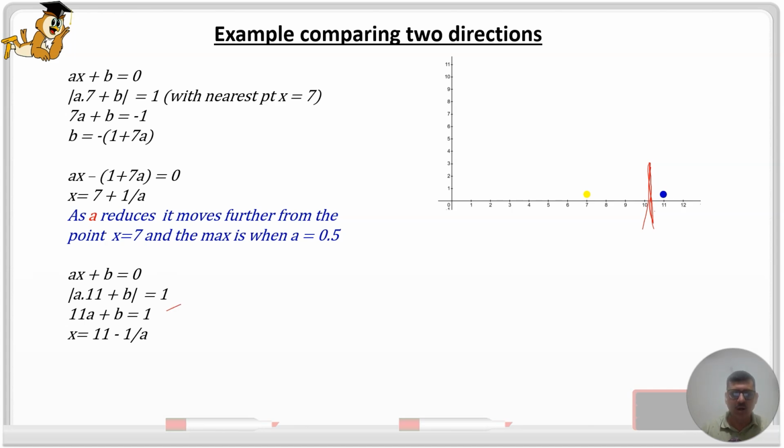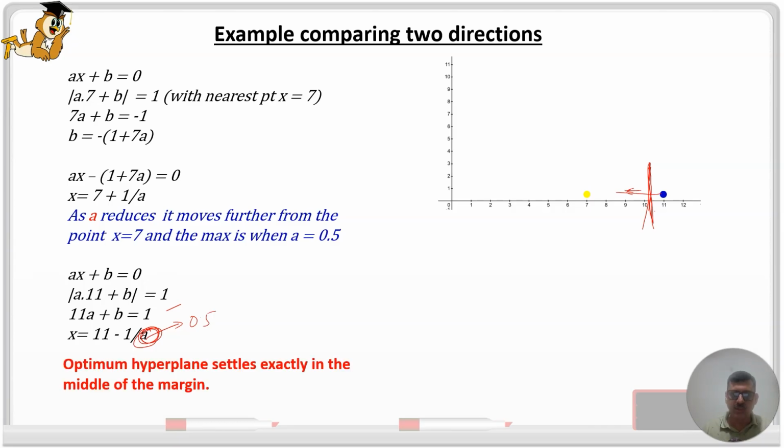Right? Now, as you reduce the value of a, this hyperplane is going to move further and further away from this point. And the maximum distance again is accomplished when a becomes equal to 0.5. Right? So